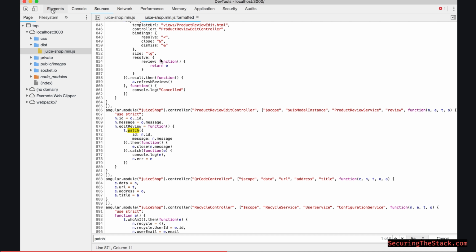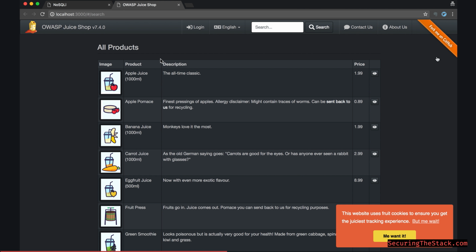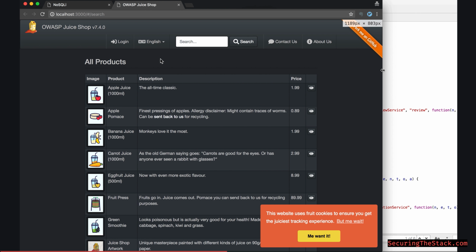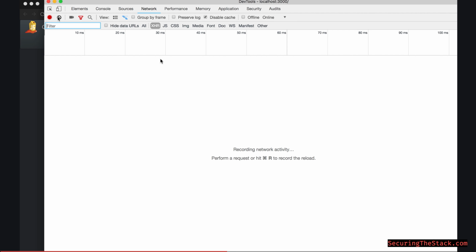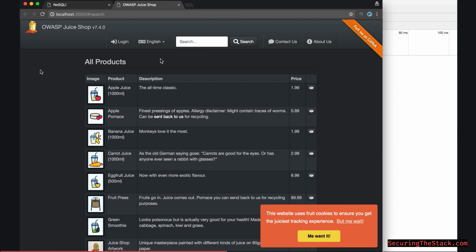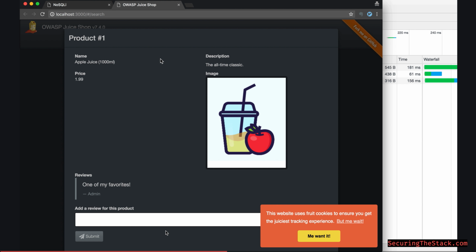Okay, so now, let me take one second here while the video pauses. Okay, so here, what we're going to do now is keep that DevTools open, and I'm going to make sure that the network tab is recording all network traffic, which I see it is. Then I'm going to click on an arbitrary product,